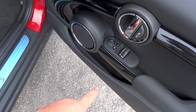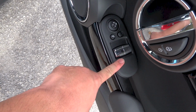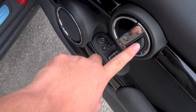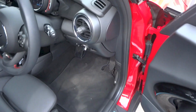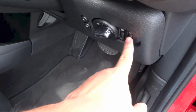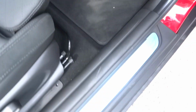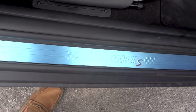Speaker, storage, mirror controls, window controls. Both the windows in this car are fully automatic in both directions, and your central locking buttons are right here. Headlight level adjustment, interior brightness adjustment, Mini Cooper S door sills,